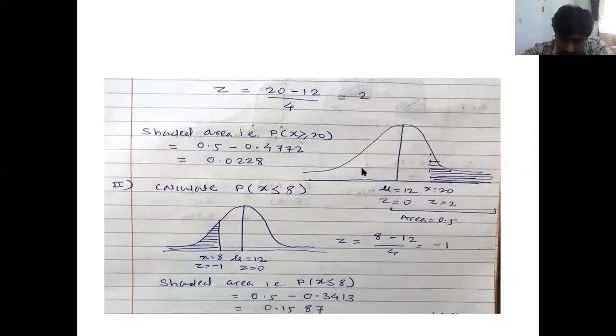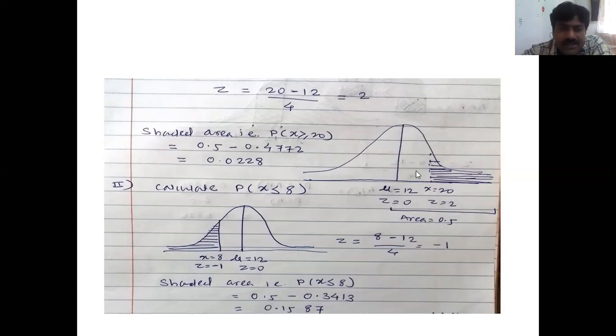On our normal distribution bell curve, mu, the center value, is the mean, which is 12. So the center value in the bell-shaped curve diagram will be 12. And x is greater than 20, so obviously it should be to the right side of this center. The center value is 12, so on the right side the value of x will be 20. Let's say this is the particular line where x is 20.